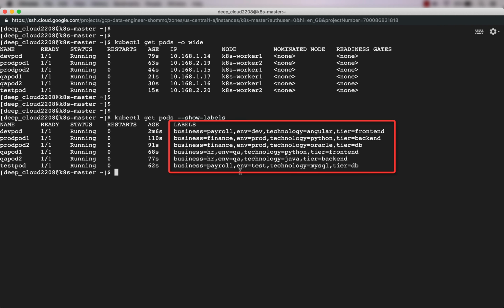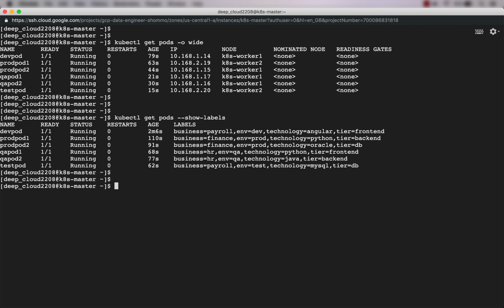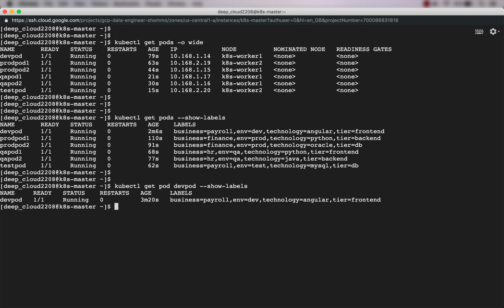Here, notice that all the pods have the same label keys: business, ENV, technology, and tier. If you want to see the labels of a single pod, you can do that as well, using kubectl get pod followed by the pod name and --show-labels. So it is showing you the dev pod and all the labels associated with it.